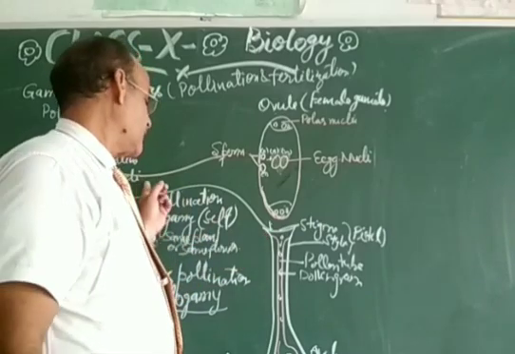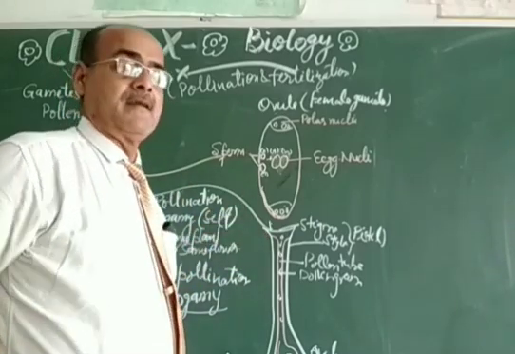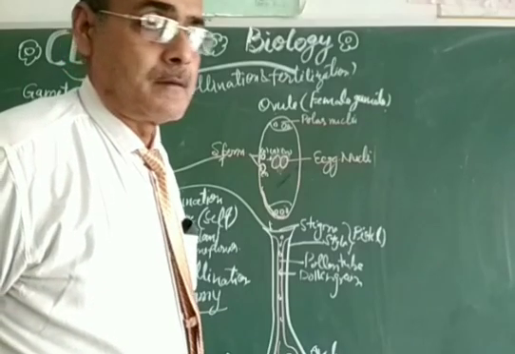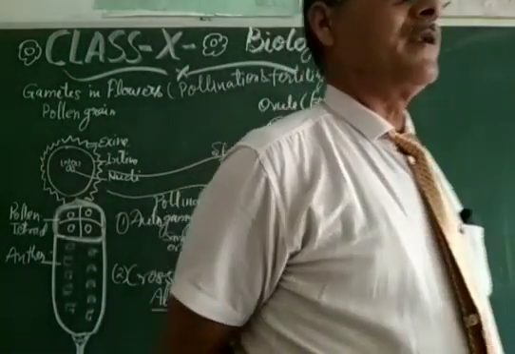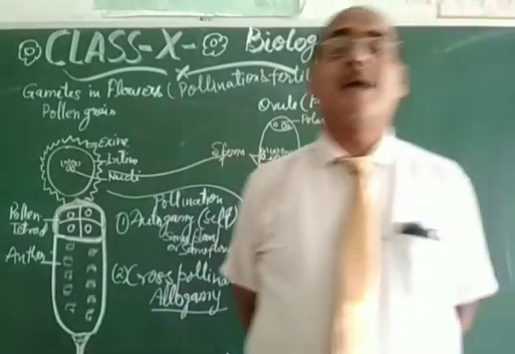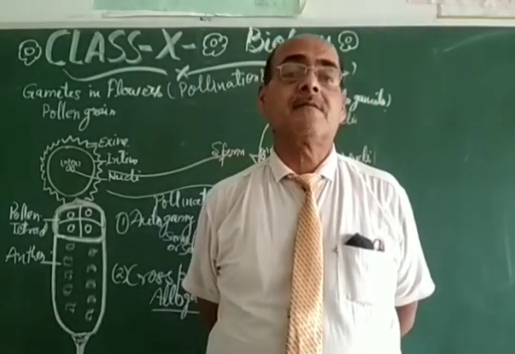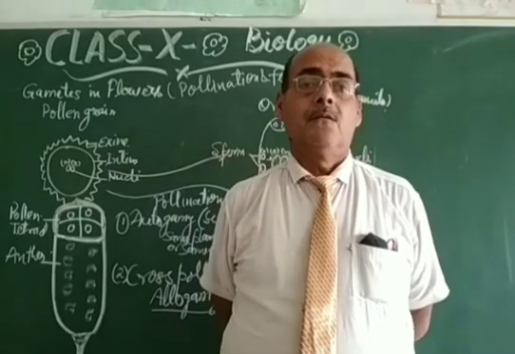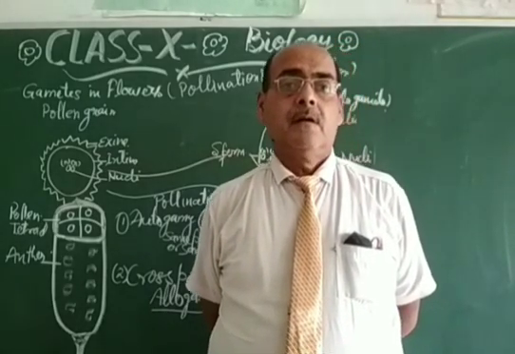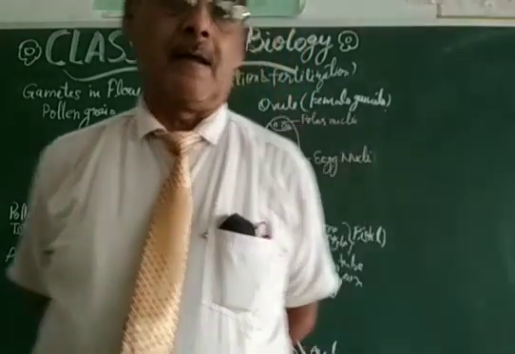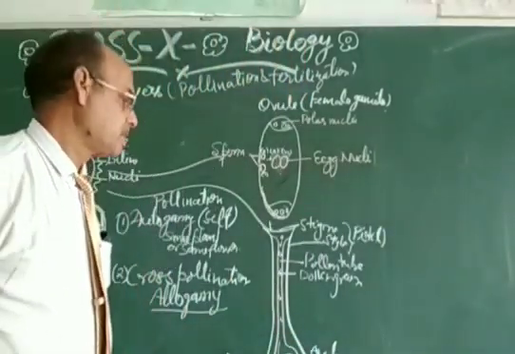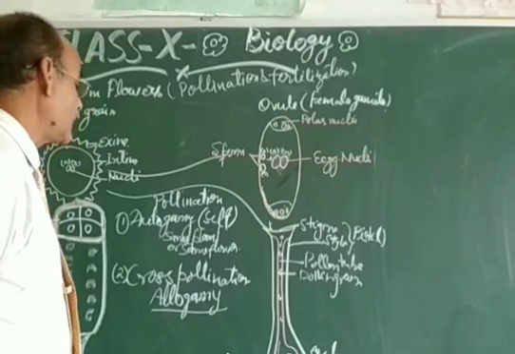So this transferring process is called pollination. The medium of pollination is insects, human touch, air, water, and many other means. Pollination is of two types,